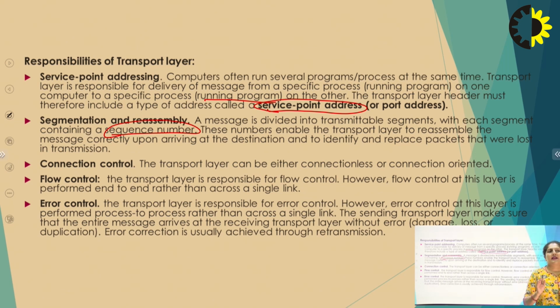Then comes flow control and error control. Flow control and error control are done in the data link layer and also in the transport layer. The functioning is the same. We use checksum or parity bits here also, like in the data link layer. It is responsible for error control and flow control. It checks the flow of data from the sender end to the receiver end, and also checks whether any packet or data is lost, or any duplicate data is coming from the upper layer. So it will check for errors and detect them.